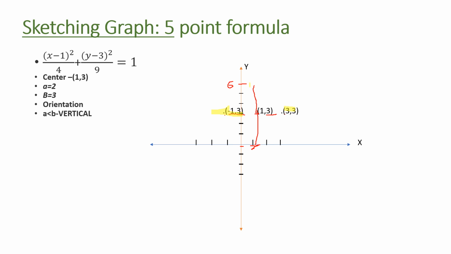Now the next 2 coordinates will be up and down coordinates, and obtaining these 4 coordinates you will get the 4 corner points, and you can easily draw the ellipse as it will be the vertical one, because 2 is less than 3 here. So the vertical ellipse will be obtained, and you can draw the graph easily with the help of this 5-point scheme.